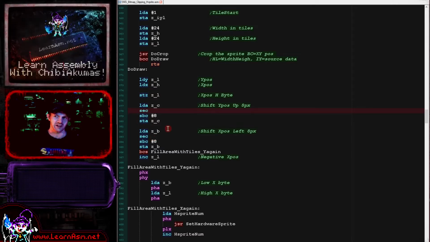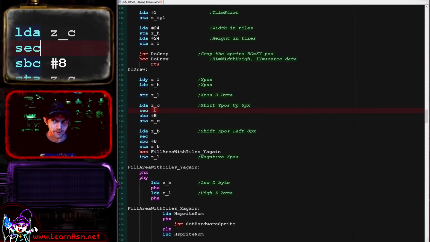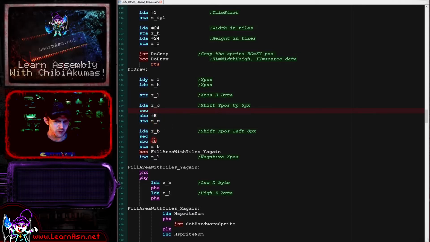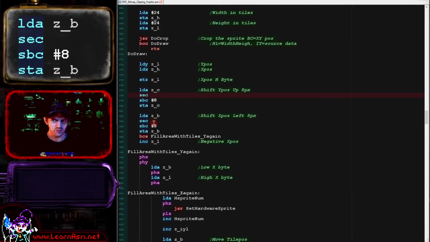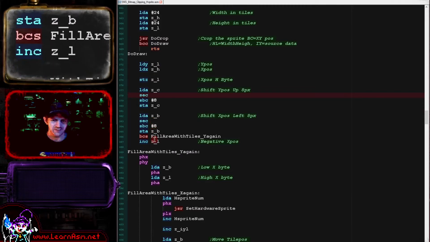And that's so that our sprite can be almost entirely off the side of the screen. So when we're doing things like that, maybe the first tile is actually being drawn at a negative position and only 2 pixels are visible on the screen or something like that. That's what this is for, to cope with that. And what we're also doing here is, if we are on the negative x-axis, we're setting the top bit, which